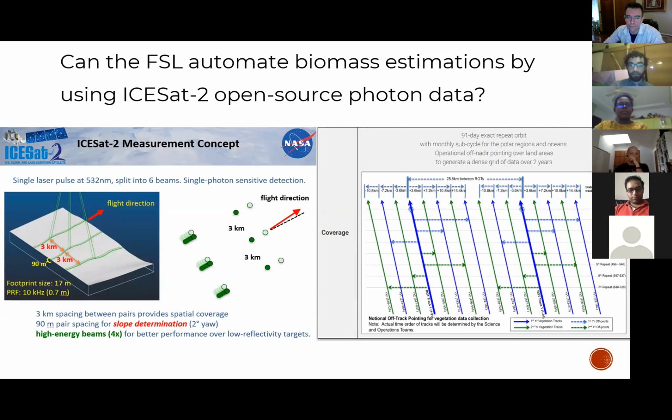ICESat-2 is the Ice, Cloud, and land Elevation Satellite, which measures the height of Earth through laser pulses. It shoots 10,000 laser pulses a second, and it was launched before GEDI in September 2018. It carries a photon counting altimeter that allows us to measure the elevation of ice sheets, glaciers, sea ice,